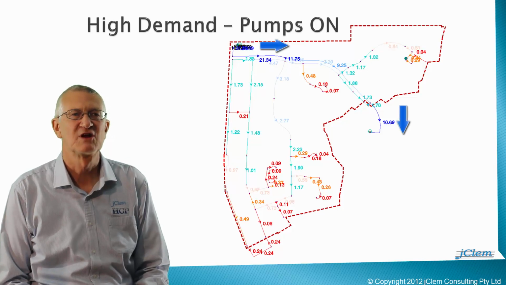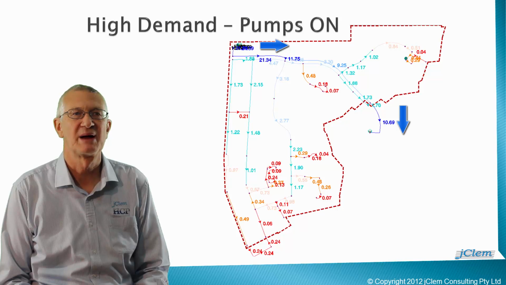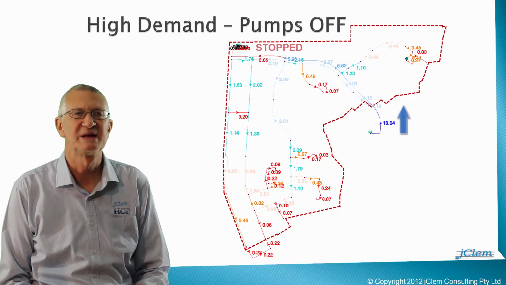In comparison, the velocity change created by a pump stop when large customer demands are present may be much less in some or most pipes in the network. In our case study, when the pump stops, flows in some pipes will change from being sourced from the pump to being supplied from the summit tank.